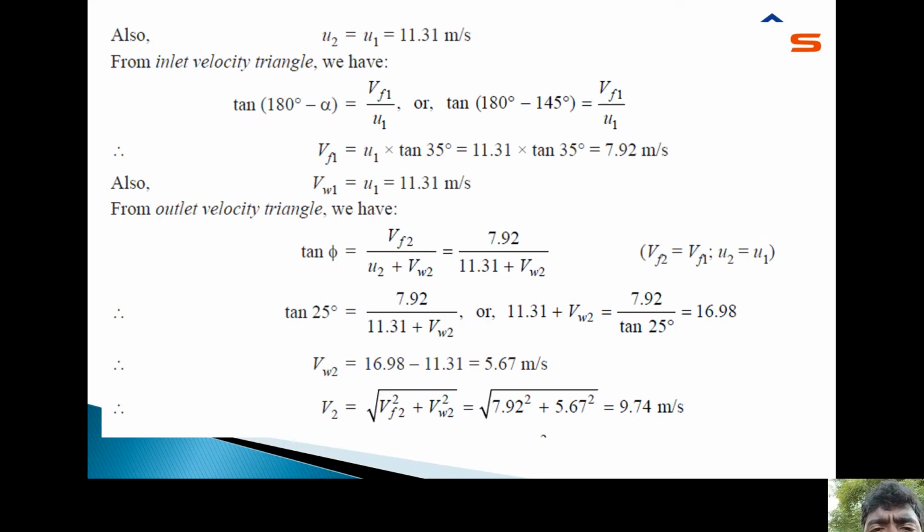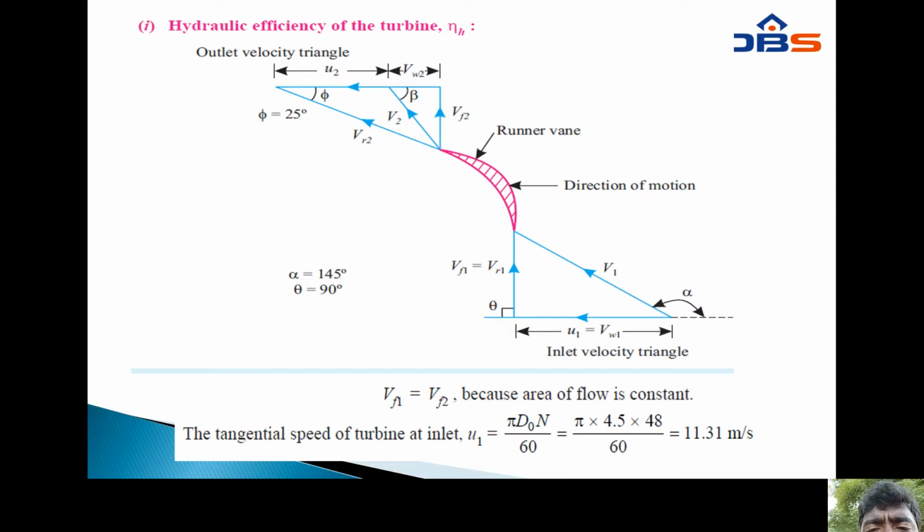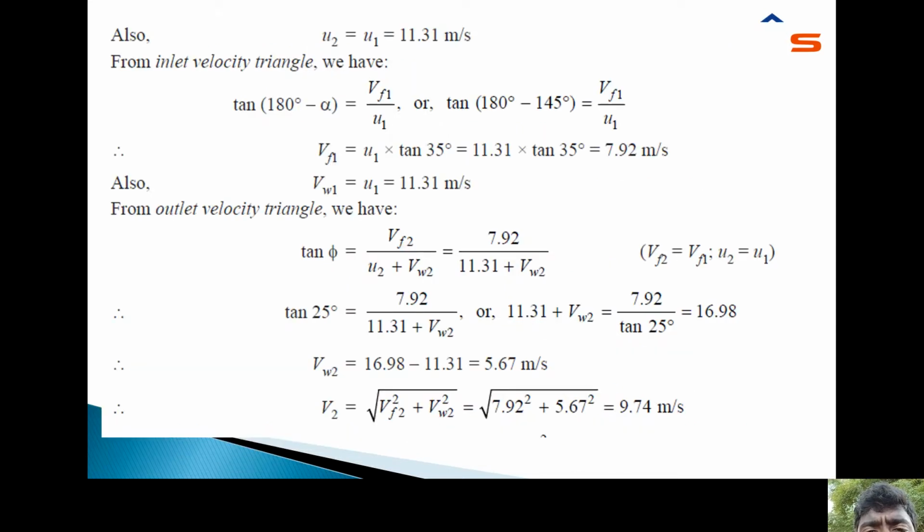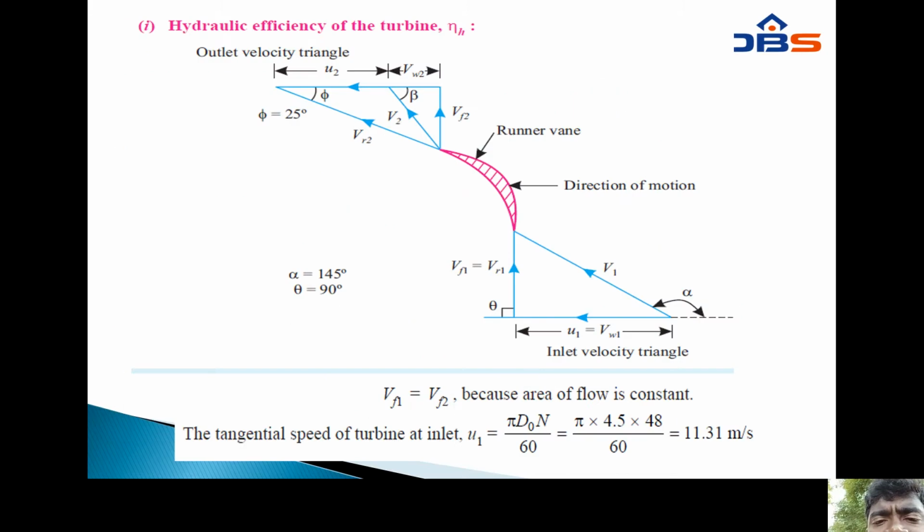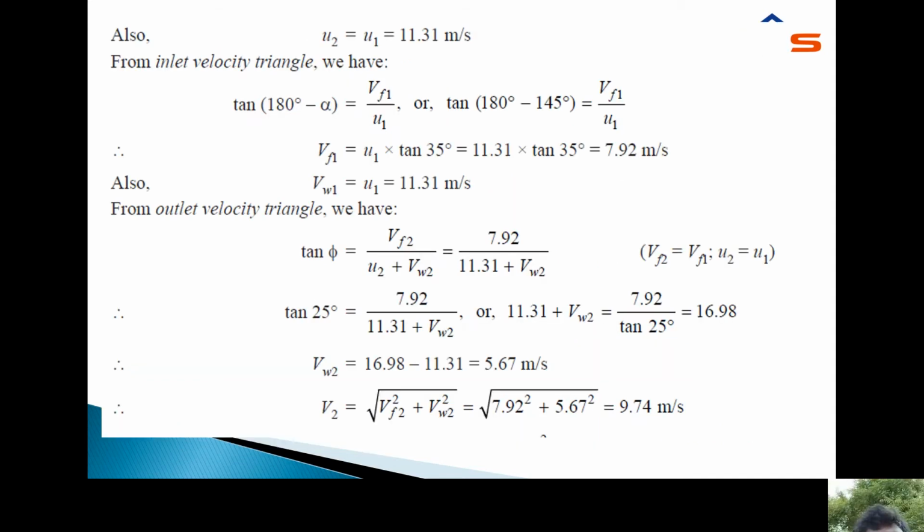Tan(180 minus alpha) equals VF1 by U1. This VF1 by U1 equals tan theta, which means 180 minus alpha equals theta. In this inlet diagram, tan(180 minus theta) equals VF1 by U1. Therefore, from that equation you can calculate VF1 equal to U1 into tan 35, that equals 11.31 meter per